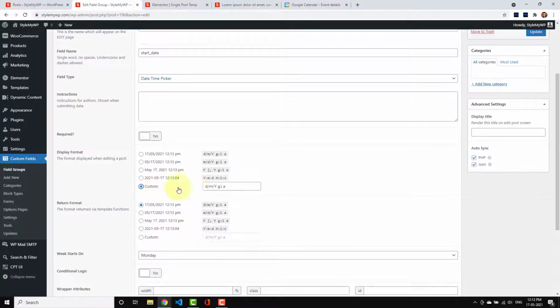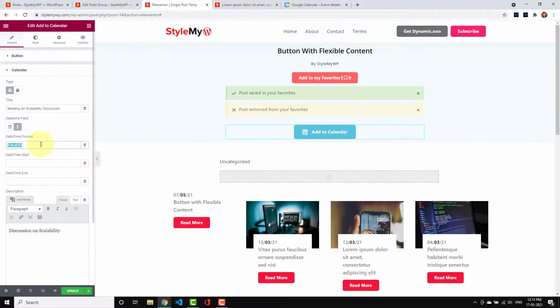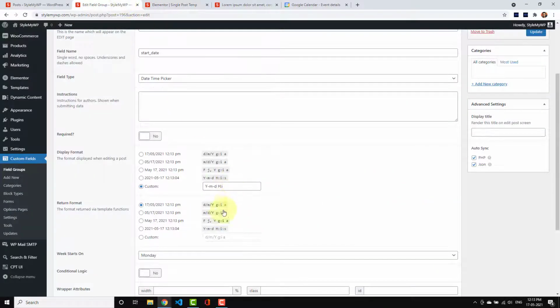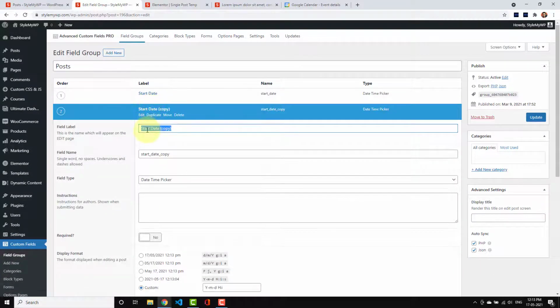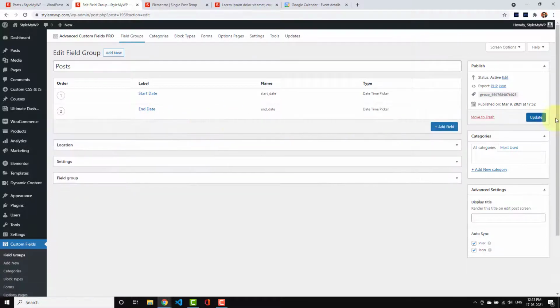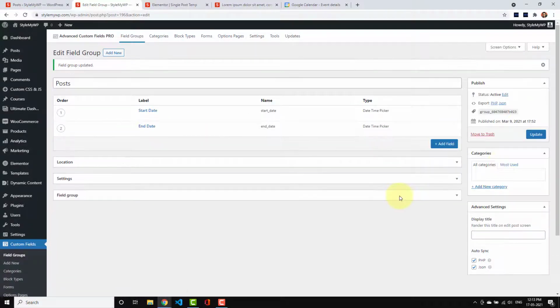Here you need to use the custom values and paste it right here, or you can use any of these and then copy this and paste it here. You have both options. Cool. Let's duplicate this, and right here, end date. So now we have our two custom fields which will be shown in our posts.